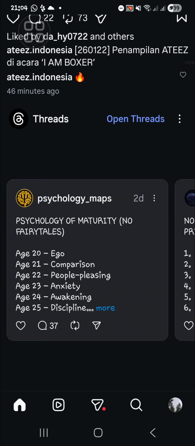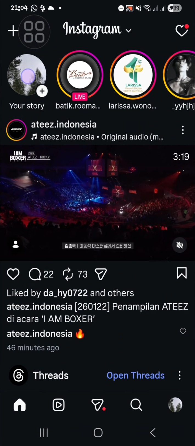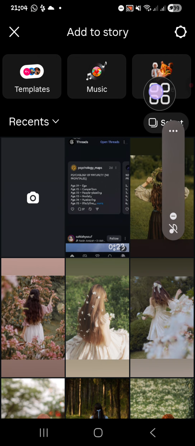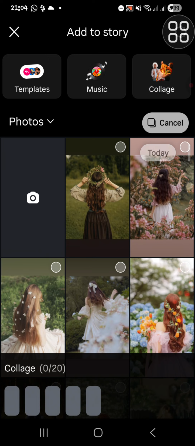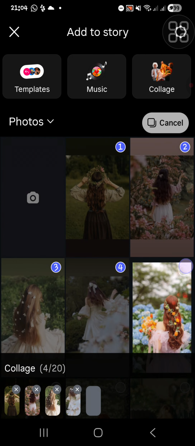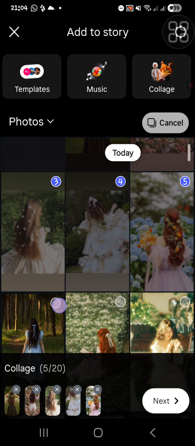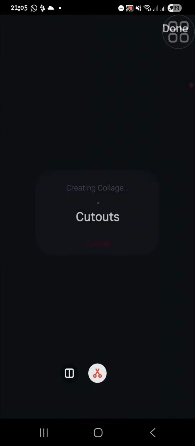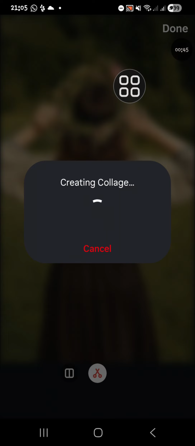Now, Instagram has a feature to create collages automatically, and you can use it on your Instagram story. You can select collage right here and then choose up to 20 photos for your collage. I'm just going to choose random photos from my device. Okay, I chose 8 photos, and then we can click on next right here, and then the collage will be